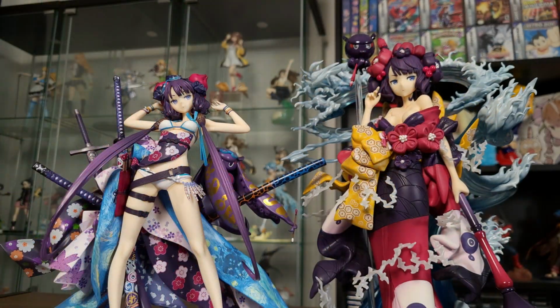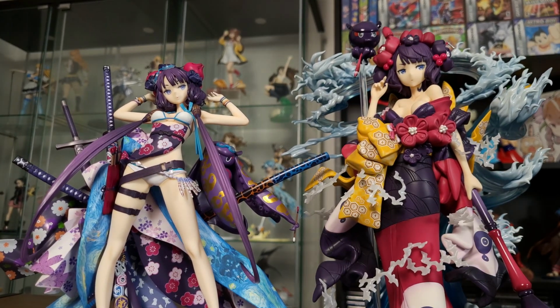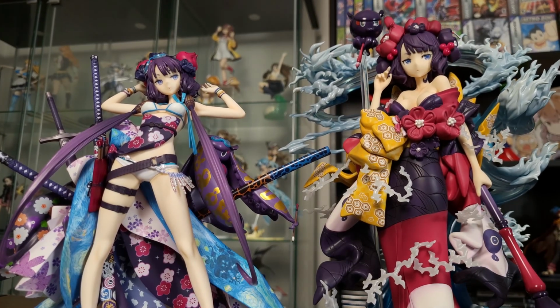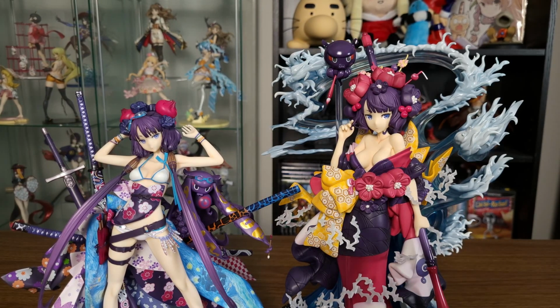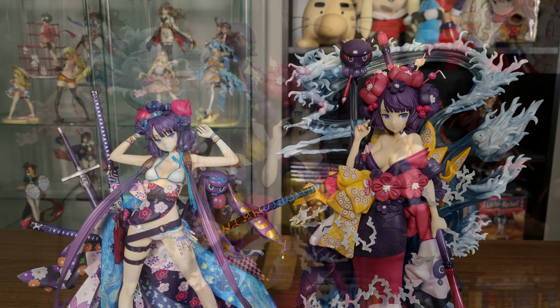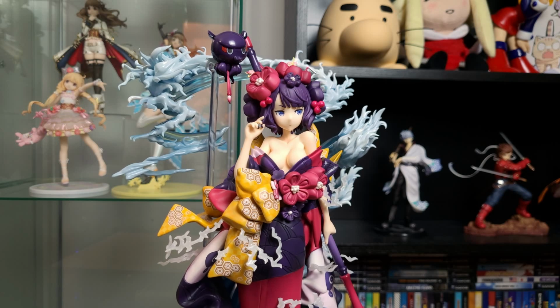Now on her own, I think Swimsuit Hokusai is perfectly fine, but your mileage is gonna vary depending on who you plan to set her up with. But that does help segue into which figure I prefer more. Luxury Hokusai's size and the wave that accompanies her simply gives her a shelf presence that's really hard to rival. The uniqueness of the wave is also just not something you often see in figures, making for one hell of